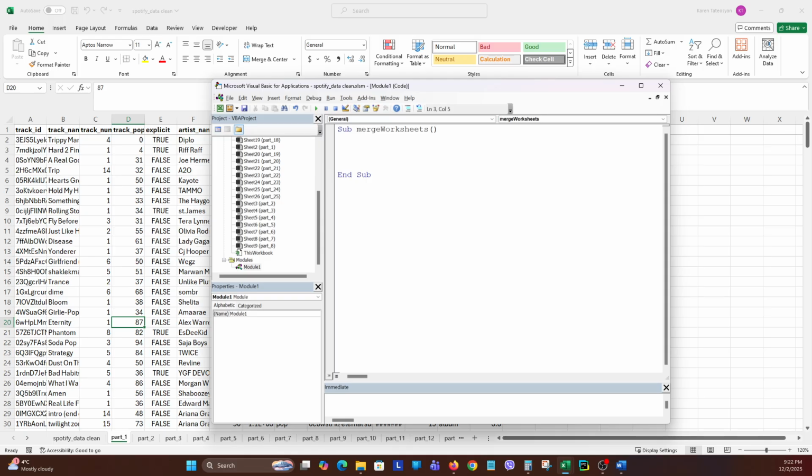And I'm gonna declare a variable ws as worksheet, as I'm gonna use it to loop through the worksheets collection. And actually let's write the loop directly. So I'm gonna write for each worksheet in this workbook.worksheets,